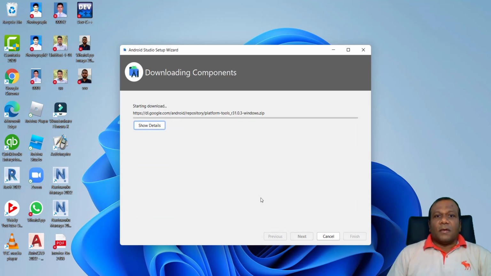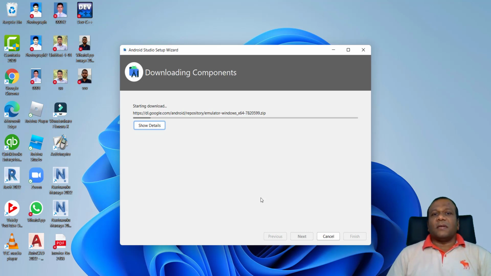Right, here also some process is going on. The first time it will go on. That's why I told you, you have to be patient when you are installing and opening Android Studio the first time. You have to wait until it does all its configuration successfully, right?